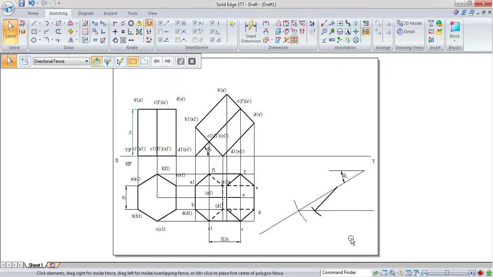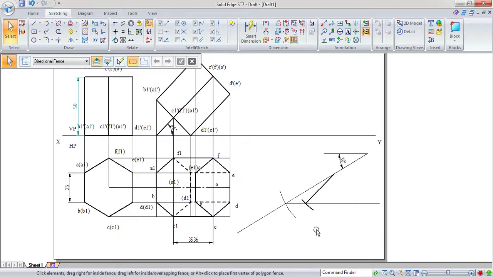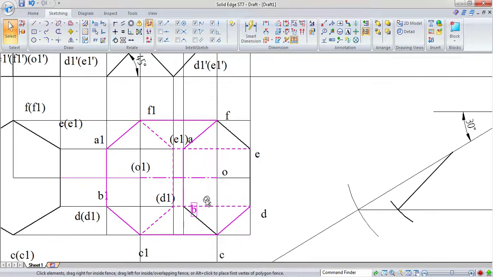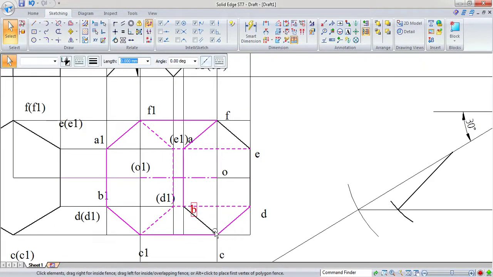Yes, now we need to block the second top view. Select all the necessary lines here. Yes, these are the lines, so we need to block it.